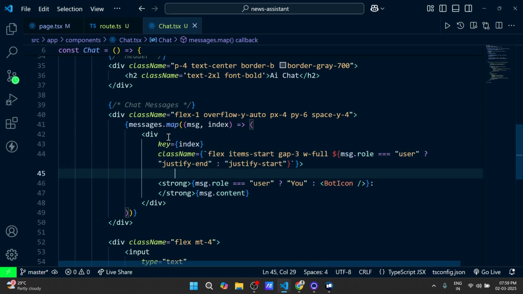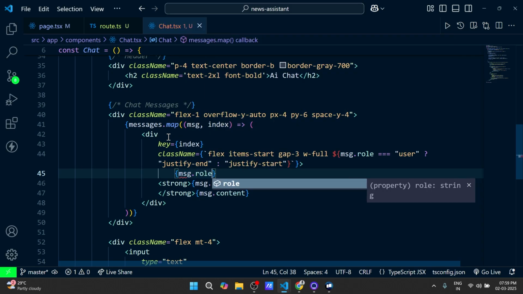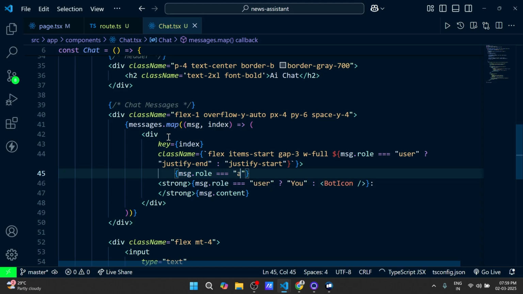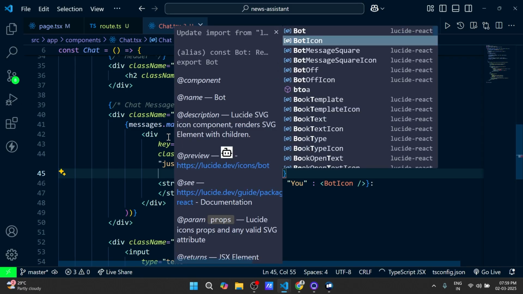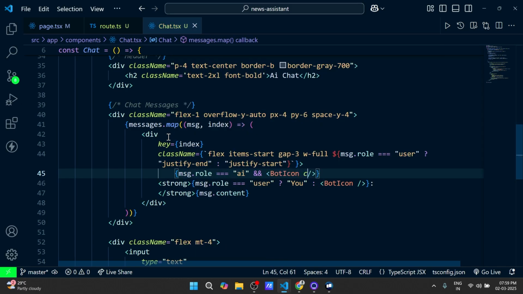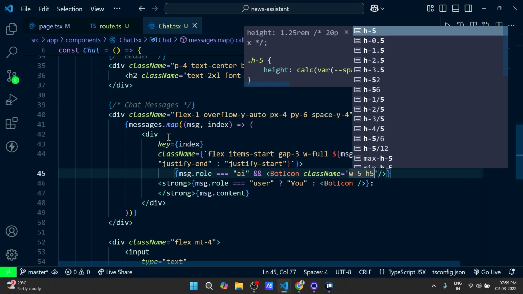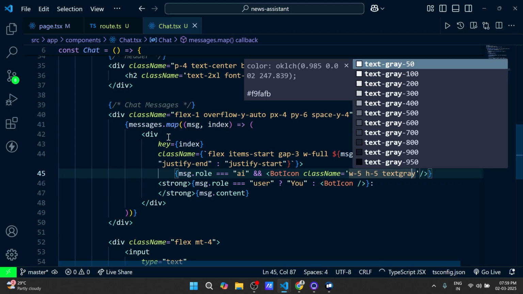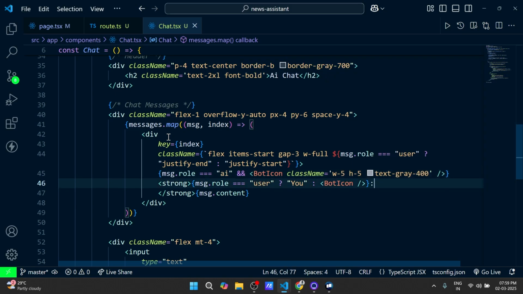Okay, now here we'll do the changes. There are a lot of changes we'll be doing here and there. Now if the message of AI is given, we'll add the bot icon along with a class name of width of 5, height of 5, text gray of 400. And now what we want is we will also be parsing the response that we are getting